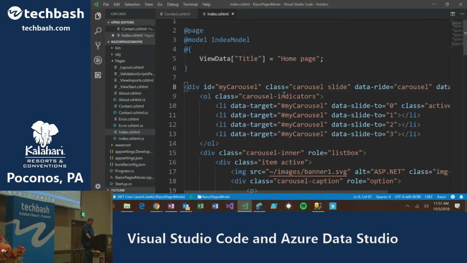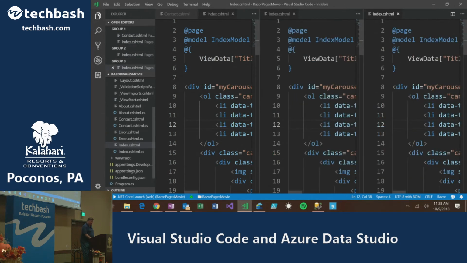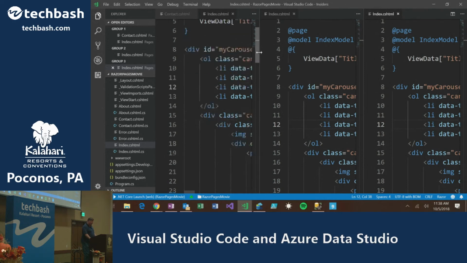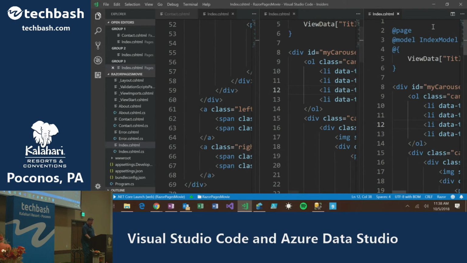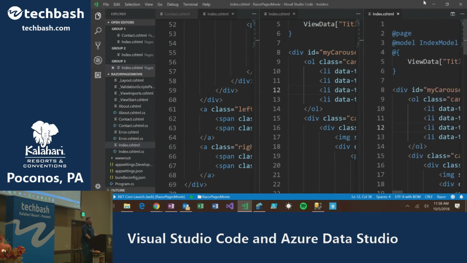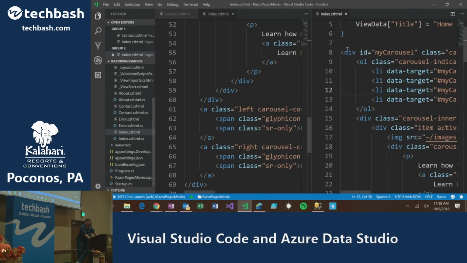Okay? Now, when I did that, it actually spawned off a second window. So just like I did in the terminal where I created multiple sessions, did you know you can create multiple sessions in the editor? So there are 3 copies of index.html. And that's useful because if it's a big file, I may want to go down here and I might want to look at something up at the top and then, you know, copy and paste from different areas in the file. That's pretty handy. You can get rid of one of them just by hitting the X.